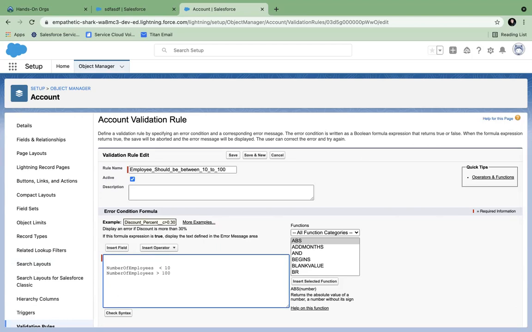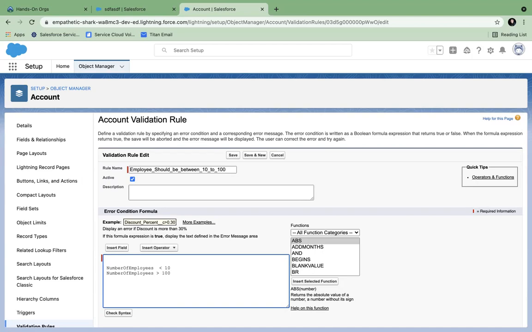Not. Where is not coming from? These are two conditions I have written. Number of employees less than 10, number of employees greater than 100. This needs to be blocked, right? These two conditions are there. How will I connect these two conditions? Should I connect using or, or should I connect using and? How do we decide this? And. Why and? Because we need both of the two conditions. Both of the conditions need to be true.